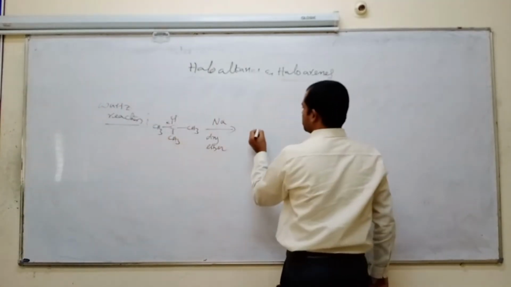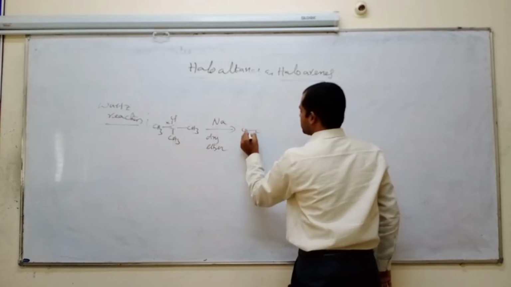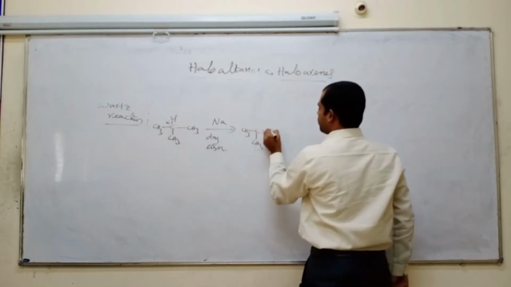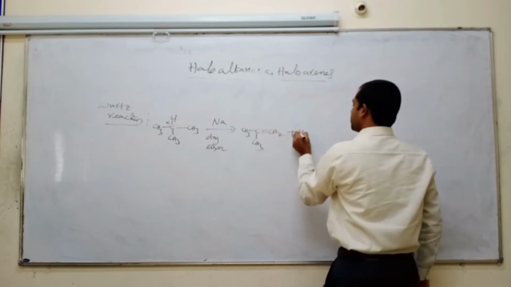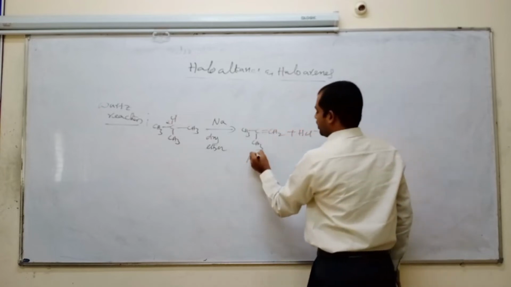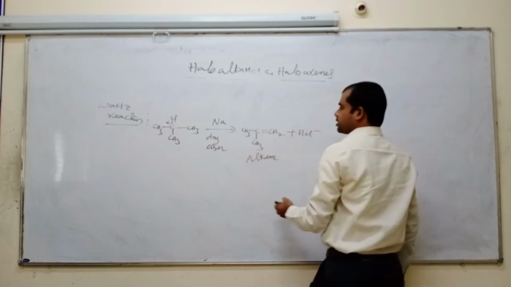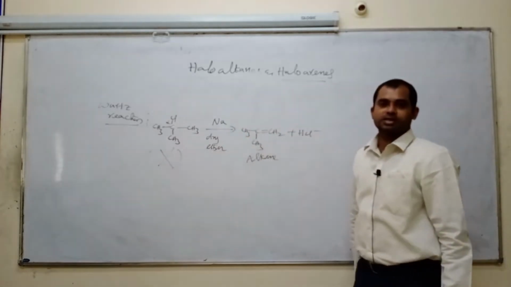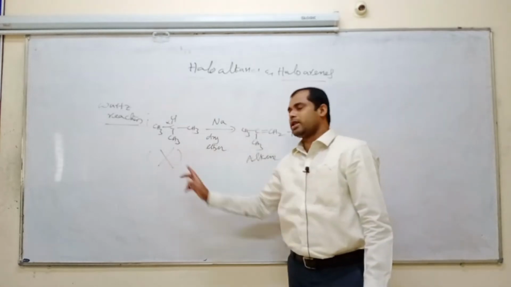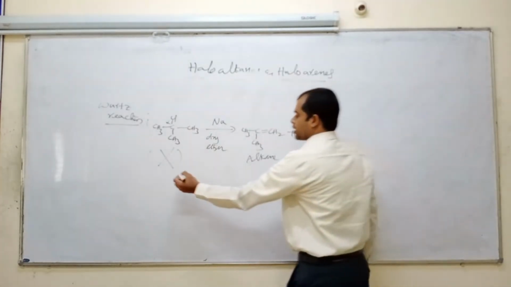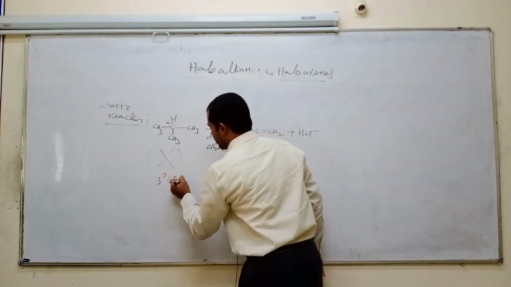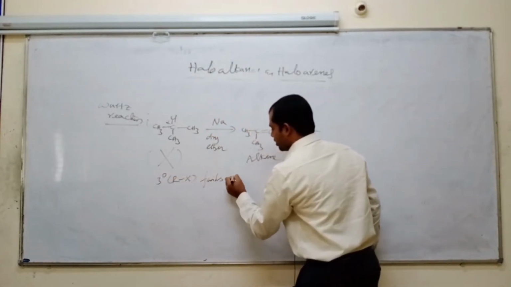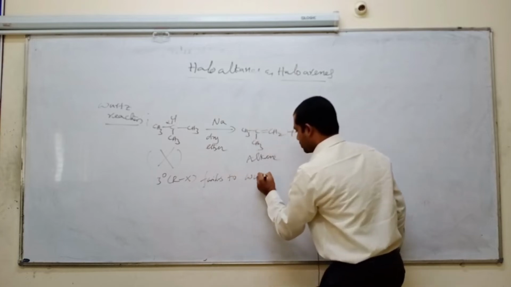Let us see the reaction. Here carbon, here CH3, here CH3. One hydrogen proton is eliminated to form the CH2, and HCl comes outside. They form the alkene. So that's why with this tertiary compound we cannot carry out the Wurtz reaction. So the tertiary alkyl halide fails for the Wurtz reaction.